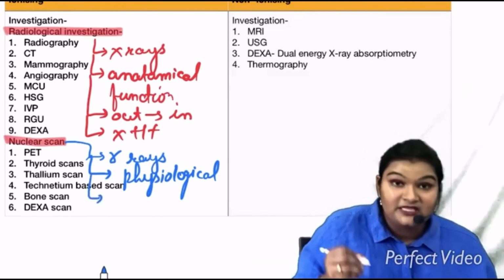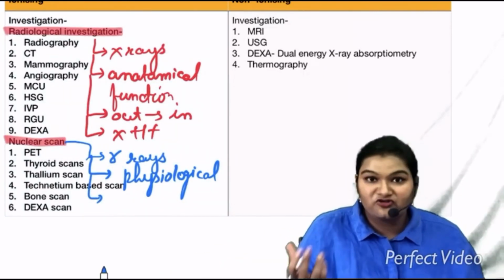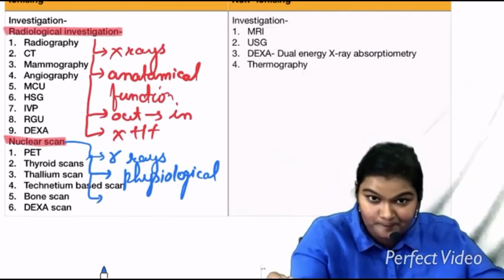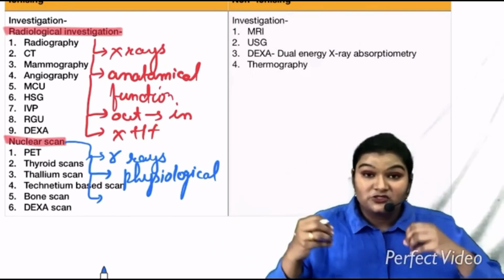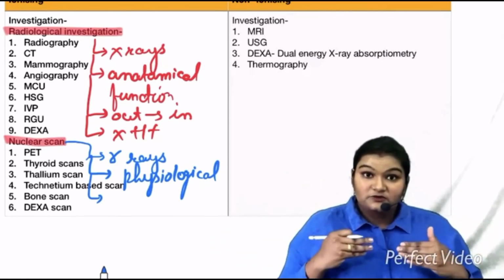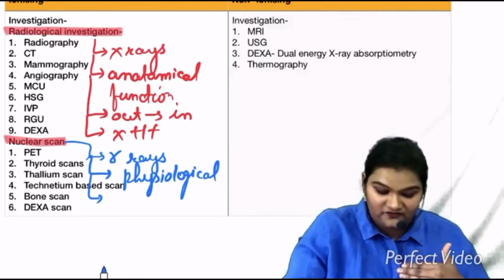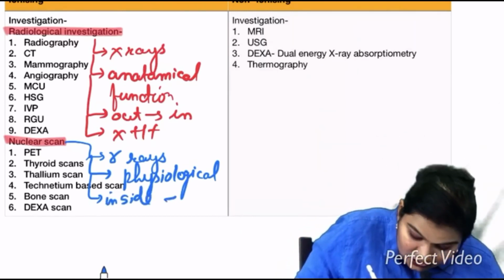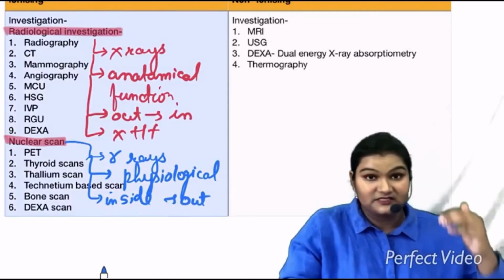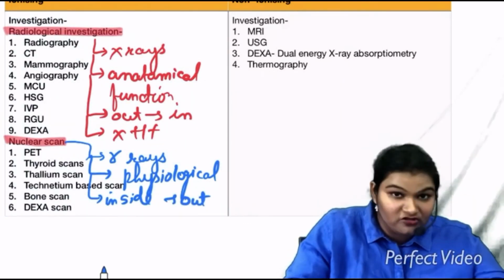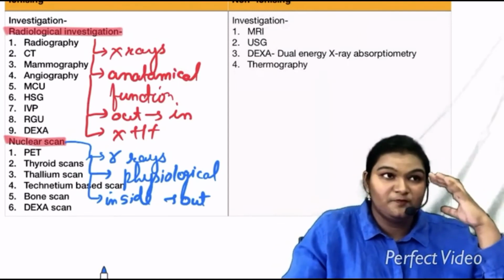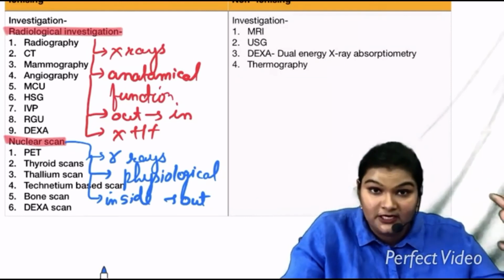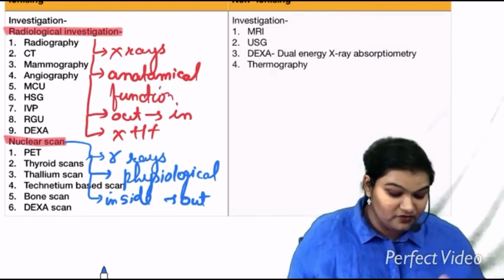Here what happens is they give either by the oral or the intravenous route a radioactive or radio-opaque dye, and then they take the image. So the radiation comes from inside to outside of the body, and this nuclear scan can be used for investigation or in treatment. And nowadays these nuclear scans are very much used in prostate cancer treatment. So now let us move towards what are the different